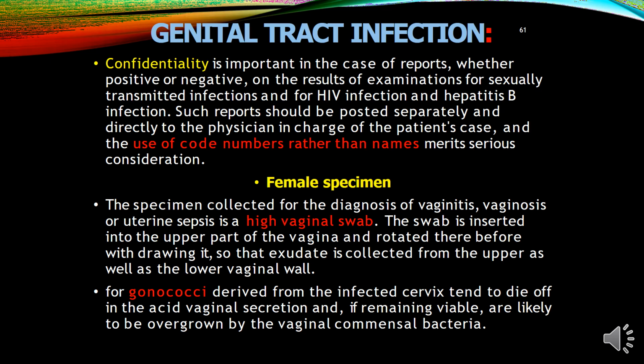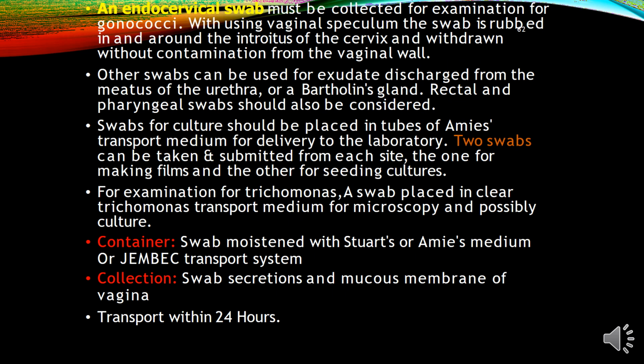If gonococci is suspected, the organisms delivered from the infected cervix tend to die off, and if they remain viable in the acidic vaginal fluid, they are likely to be overgrown with irregular commensals. An endocervical swab should be collected for examination for gonococci, with use of a vaginal speculum, and the swab is rubbed around the interstices of the cervix and withdrawn without contamination from